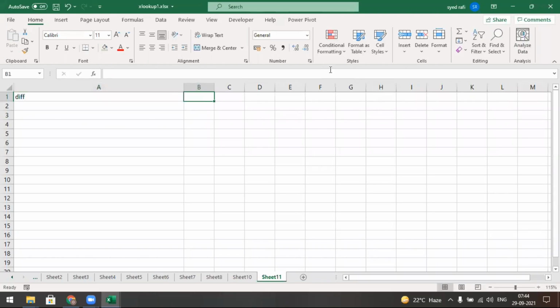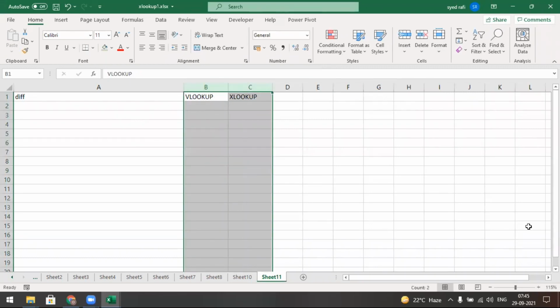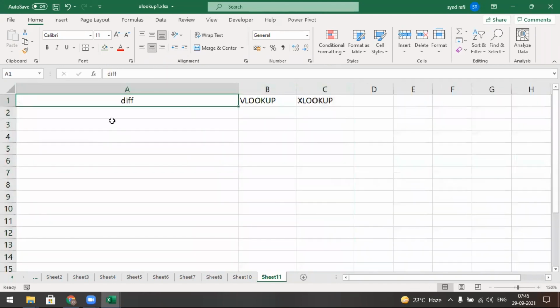Differences in VLOOKUP, LOOKUP and XLOOKUP. I take both of these, simply say yes or no. So I make this yes. So the first point is exact match default.